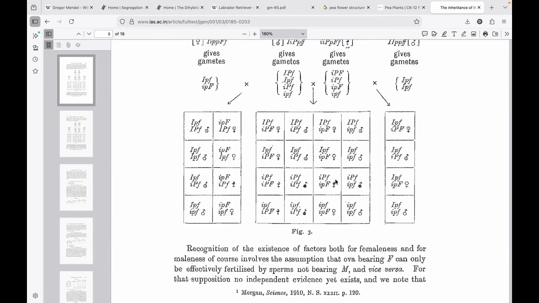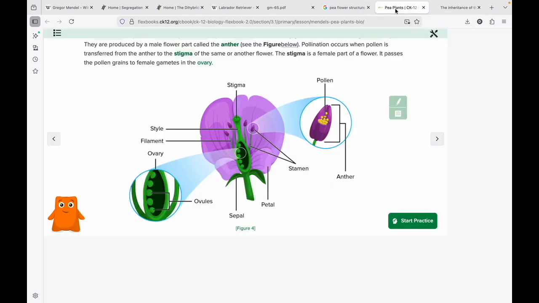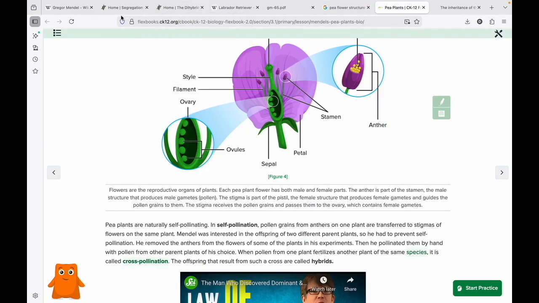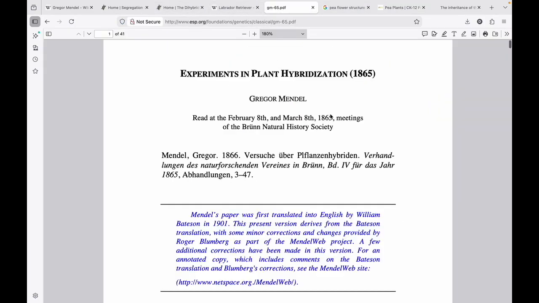And really, it's the work that Punnett shared with fellow scientists where we first see these square diagrams showing the idea that Mendel first proposed. So let's take a look at Mendel's paper. Let's see here. Here it is. Mendel's paper